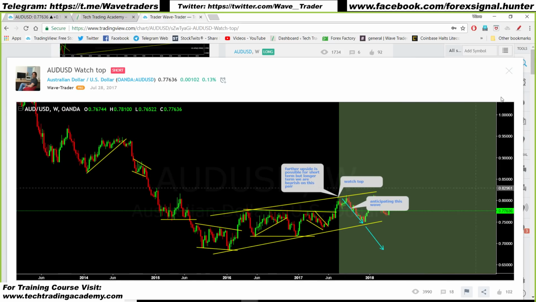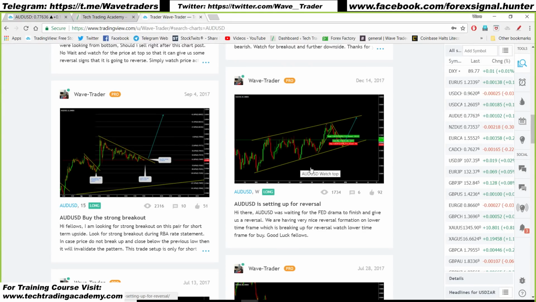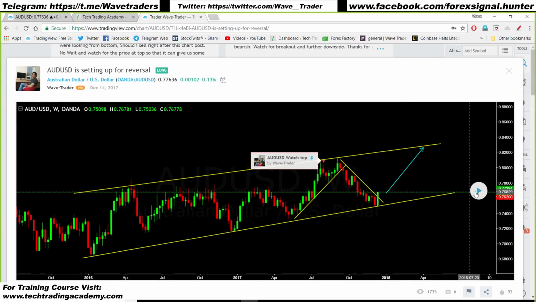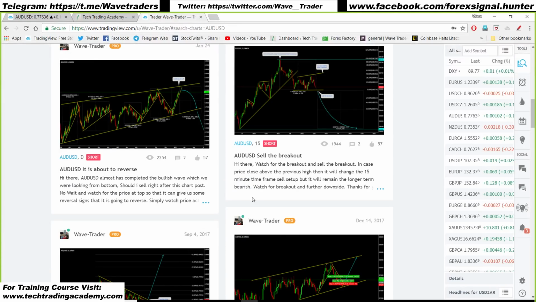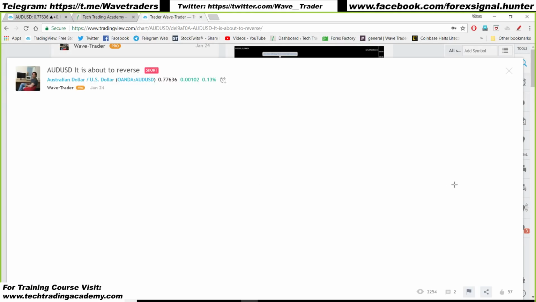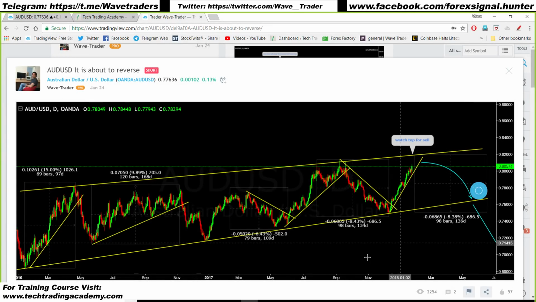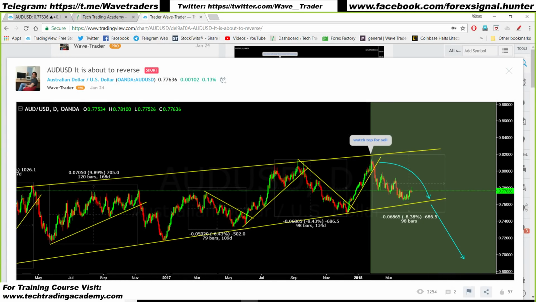It dropped. Then we were looking for price to go back up once price hit the lower channel line or completed the pattern. It went up, then we started to look for it to go down, from that high. You see that? From that wave,